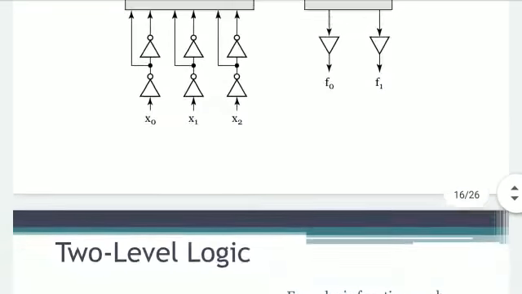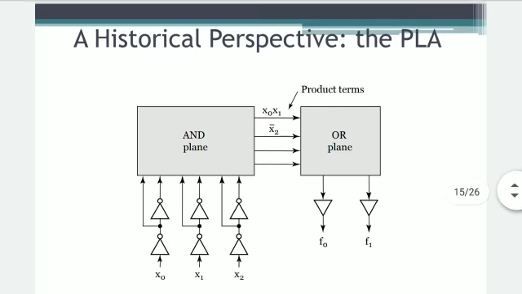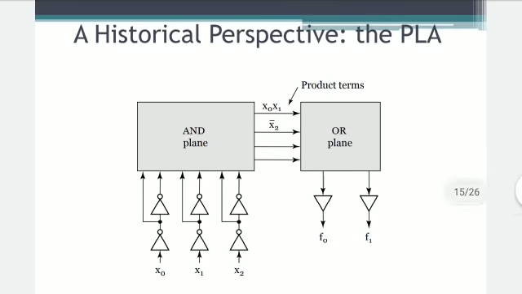Now, once we come to the PLA section, PLA is a programmable logic array. In the early days of integrated circuit design, logic design and optimization was manual work. In the late 1970s, the first approach towards automating the tedious process of designing logic circuits emerged, triggered by two important developments.